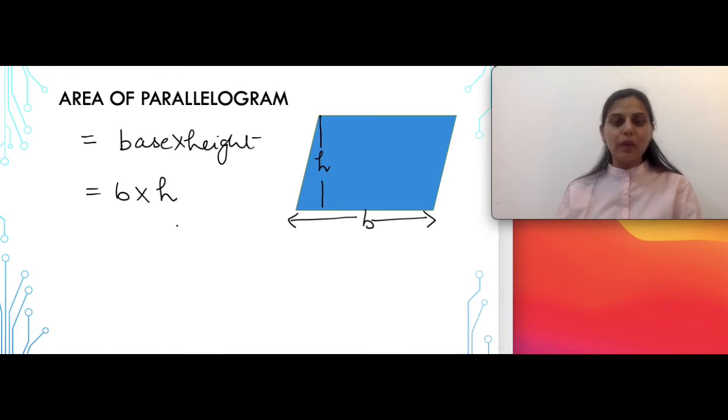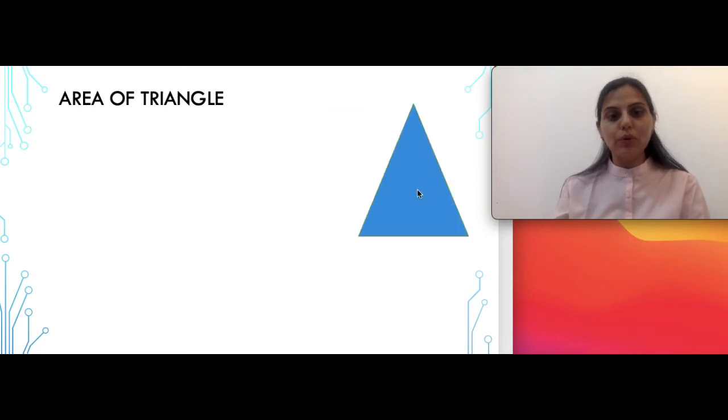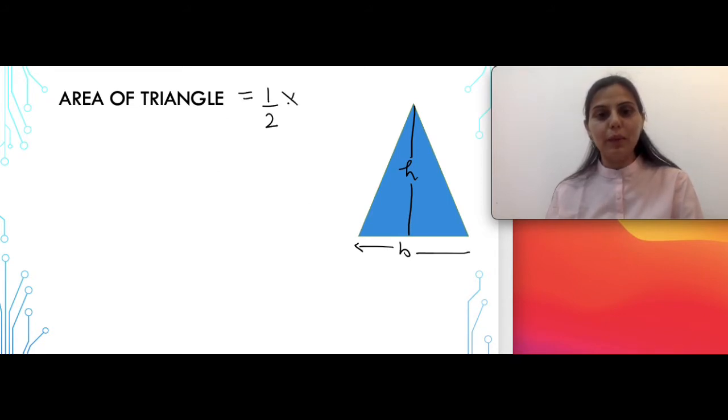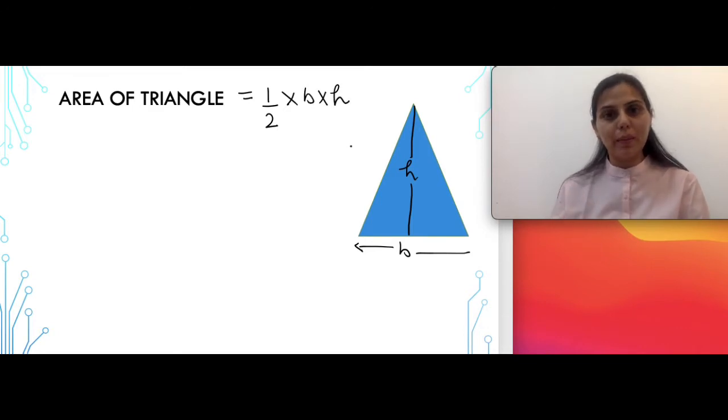Now as we all know that when a parallelogram is joined by the diagonal, it divides the whole parallelogram into two equal triangles. So coming on to the area of a triangle now, for a triangle let us suppose the altitude or the height is given by h and the base on which this altitude is coming is represented by b. So the area of triangle is given by a simple formula, half multiplied by base multiplied by height. If you compare it to the area of parallelogram, it was base multiplied by height.